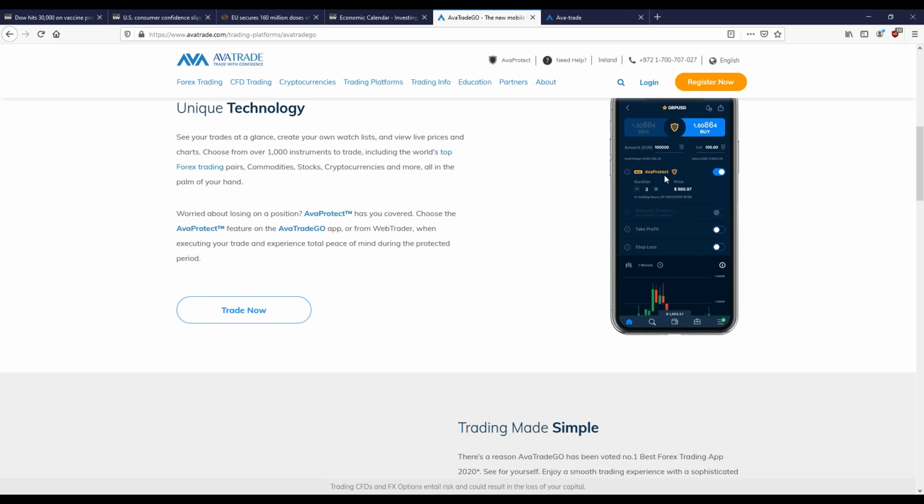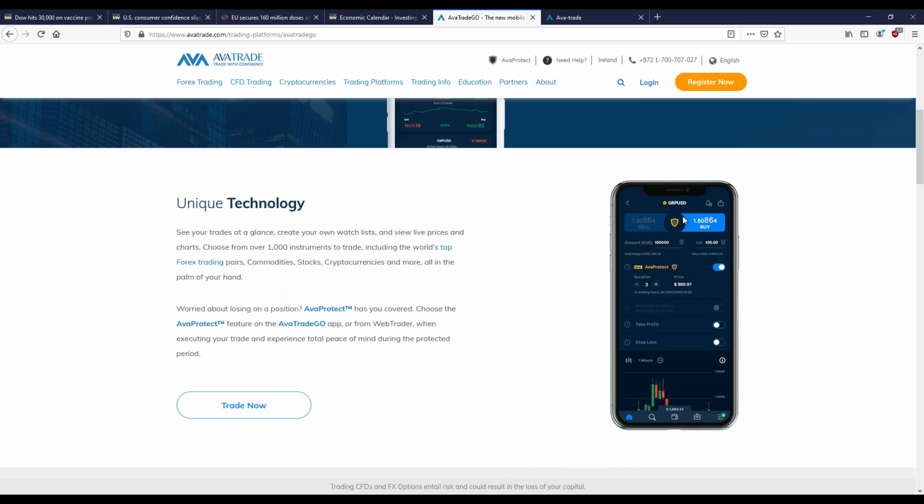You can protect positions. Those of you that are still on demo accounts, you can't activate AvaProtect on a demo account, but the feature is there once you get your live account up and running, and you will see you can protect against losses for small charges, small premium cost, and any losses you have during the time period you choose would be completely added back. And if you have profits, the profits are yours. So it's a way of protecting for a small charge against losses if they come, and if they don't come and you profit, then the profits are yours. You just have that small premium cost in the beginning.